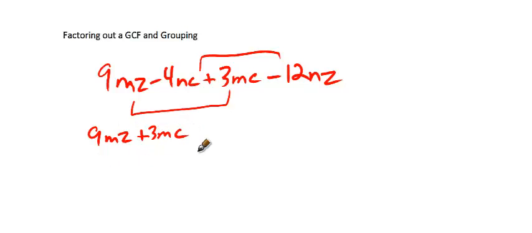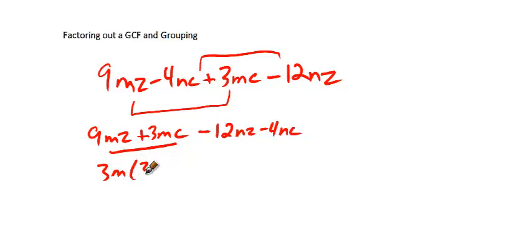I would suggest rewriting it. Notice I've got the large number up front and the small number second. So when I write these other two, I'm going to preserve that. If you don't, you'll end up getting two factors that are the same but don't look the same, and it could be a little confusing for you. Alright, now that we've rearranged it, we do the same thing. Take a 3m out, leaves us with 3z